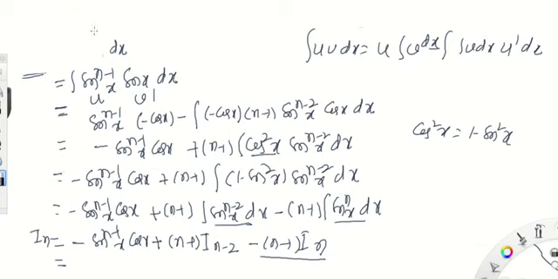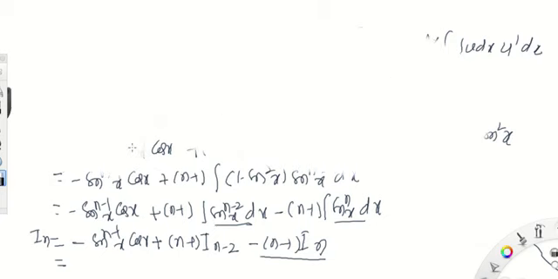What happens in the solution here? Observe. I'm writing here. That is I n into, on the left hand side one I n term is already there. Bringing it from right to left, this is equal to n minus 1, is equal to minus times of cos to the power of n minus 1 x into sin x.